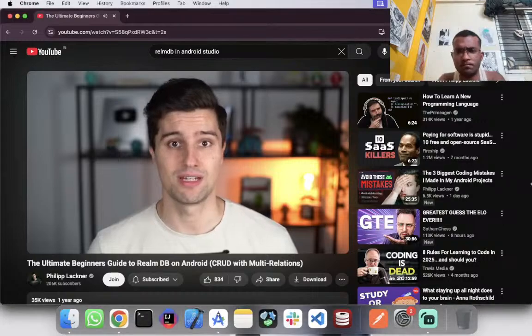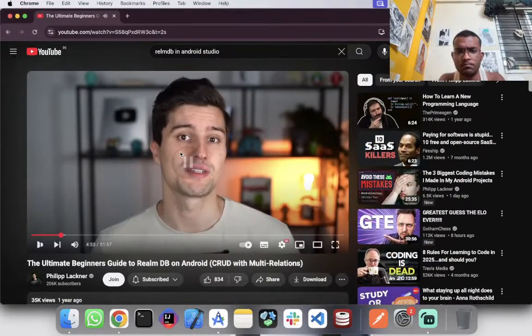Next up, we also have less boilerplate code than Room. So if you've worked with Room before, you have tons of annotations, you have a database class with more annotations, you will have to implement the DAO, you have to implement all the functions to access your database, and with Realm, that is just a